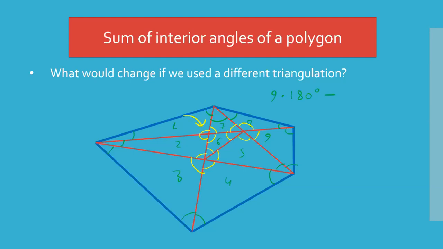Can anybody tell me? Of those 4 angles here, what is the sum? 360, says Naomi. Yes, this is a full circle here. This is a full circle because it's going all around. So we have 360 degrees here. Right? Same goes for this one. This is another 360 degrees. And same goes for this one, another 360 degrees. So what if we just subtract all of those